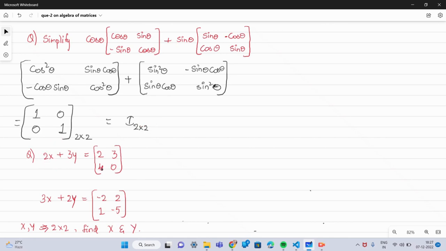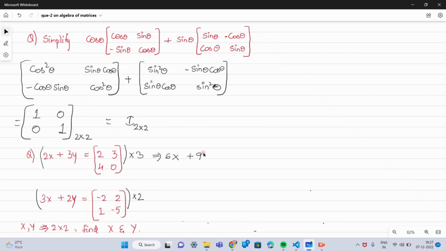Next, again two equations are given, and they have said that X and Y are two matrices of order 2 cross 2, and we need to find X and Y. It's generally like how we solve the linear equations of two variables. In the same way, we need to solve these questions. Okay. Now, to eliminate the X variable, multiply this whole equation with 3 and multiply this whole equation with 2. Now you will get it as